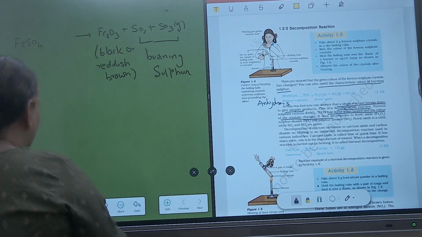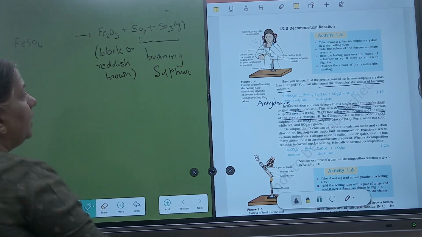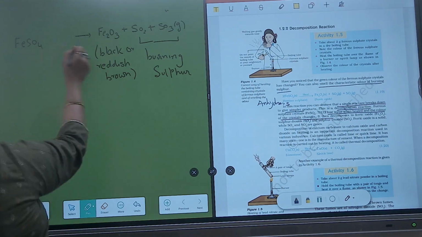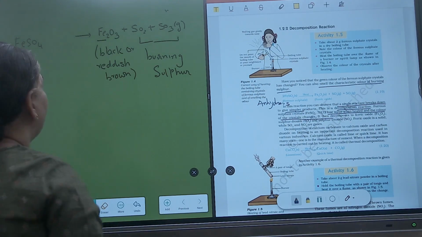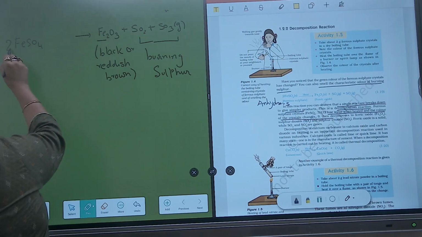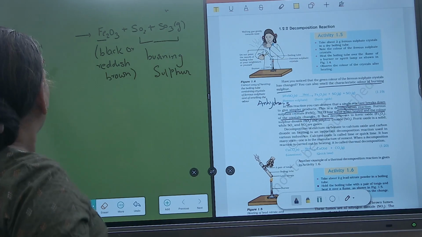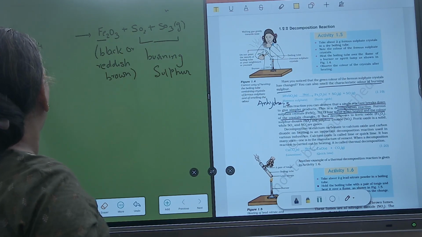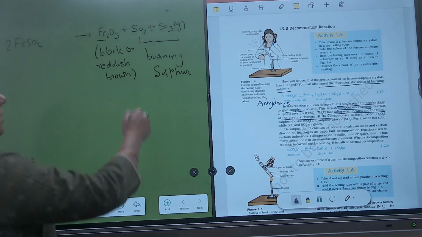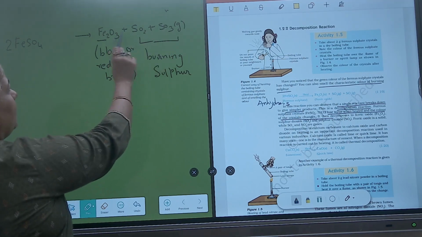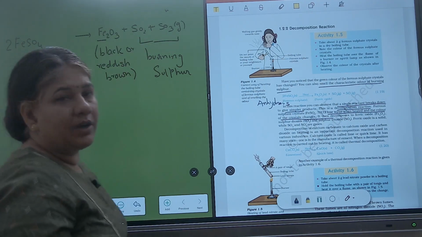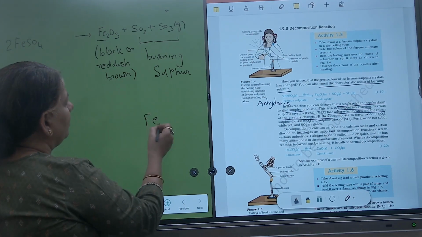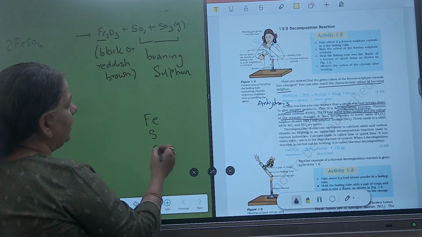Okay. So now let's balance the equation because balancing is most important. Fe2, first we'll balance iron, the metal part, so put 2 here. Now we have sulfur 2 atoms, and 4 twos are 8 oxygen atoms on the LHS, and here we have 3 plus 3 is 6, 7, 8. Now the equation is balanced. First balance the metal part, that is iron, followed by sulfur and then oxygen.